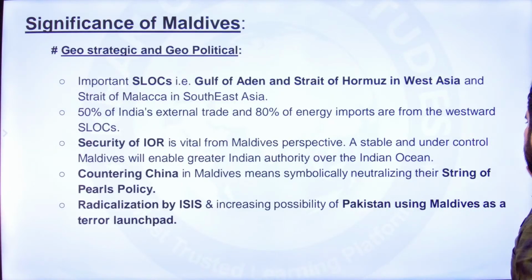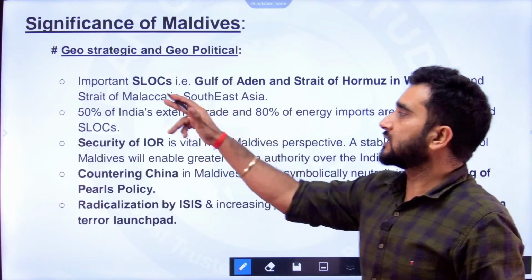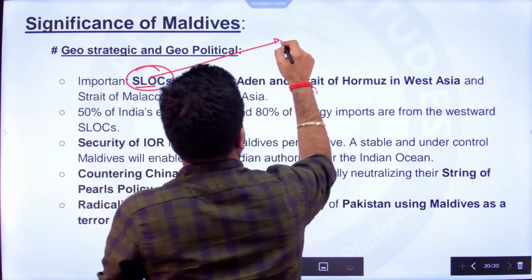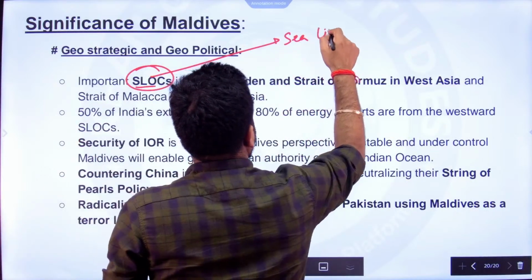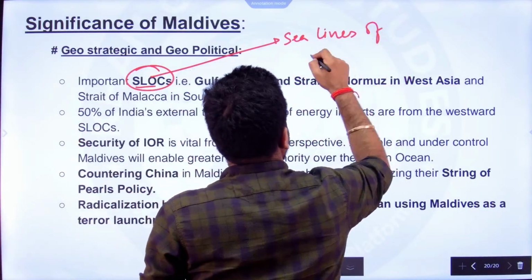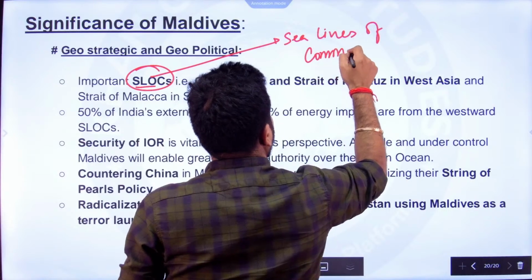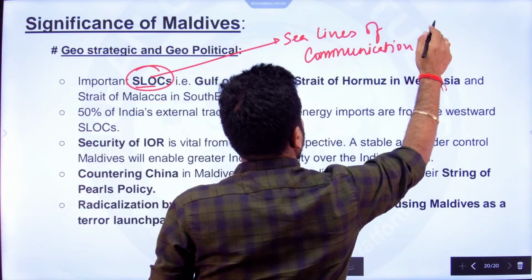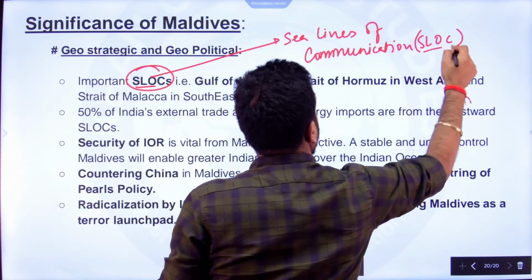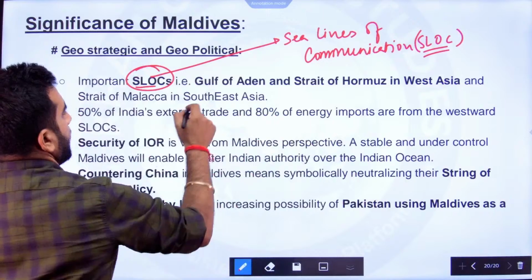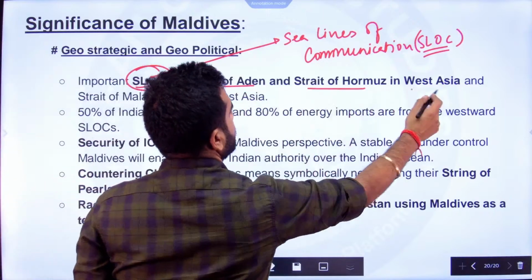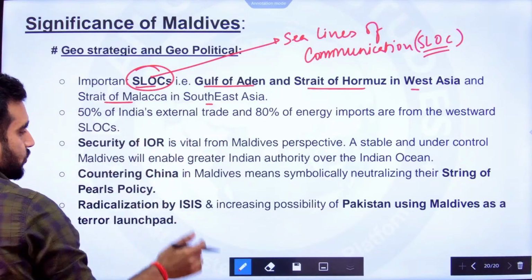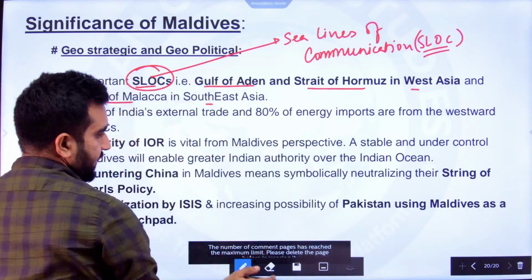Significance, सबसे पहले तो important SLOCs, that is sea lines of communication, इसका full form लिख देता हूं। That is Gulf of Aden, Strait of Hormuz in West Asia and Strait of Malacca in Southeast Asia। ये यहां से पास होती हैं। थोड़ा सा मैप पे देखते हैं तो हमें ज्यादा आइडिया लग जाएगा।